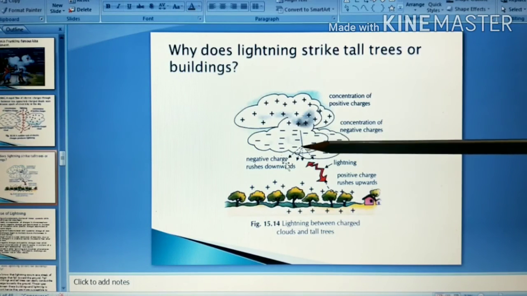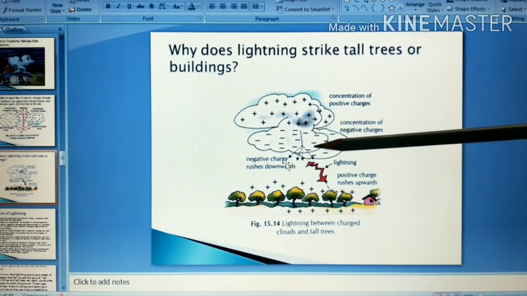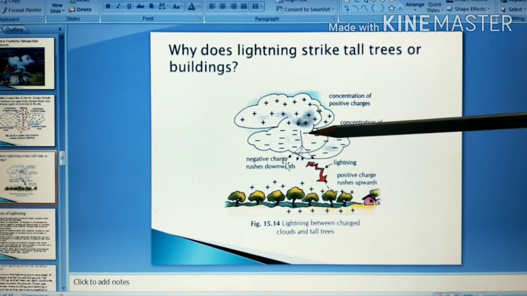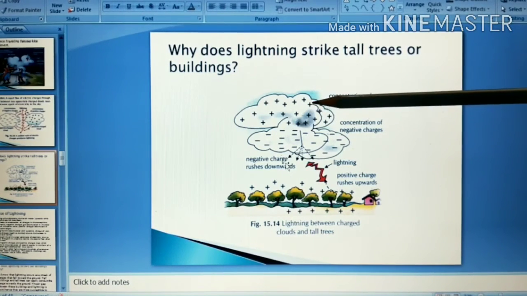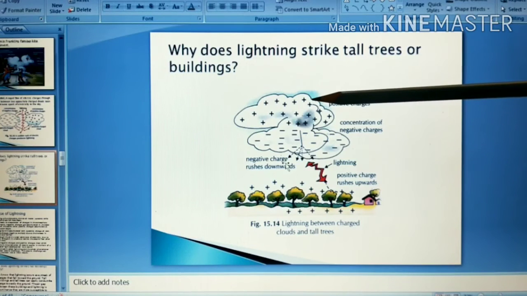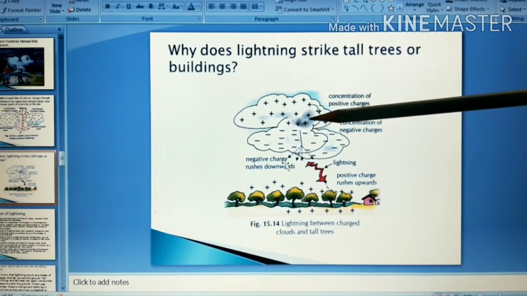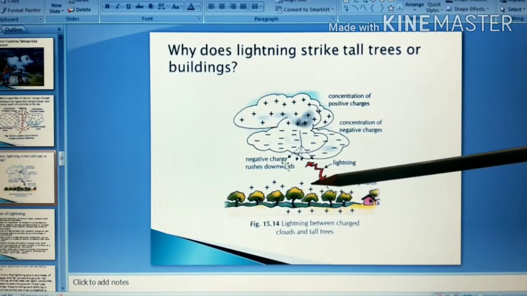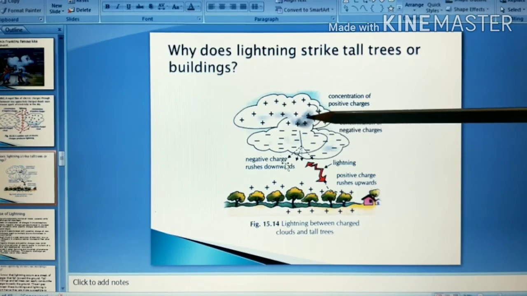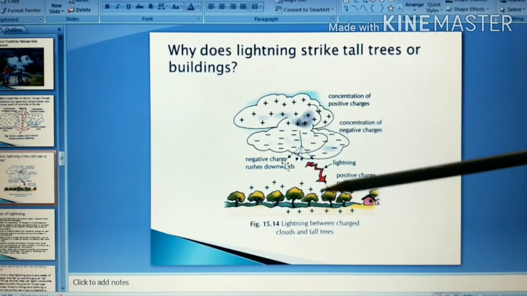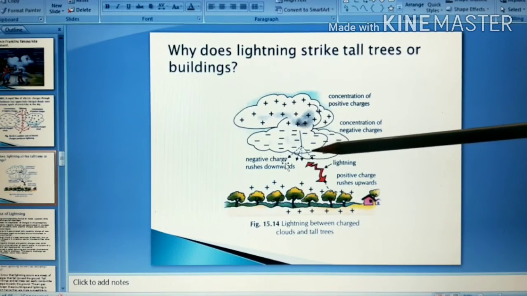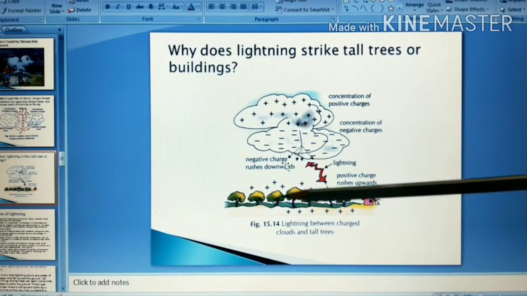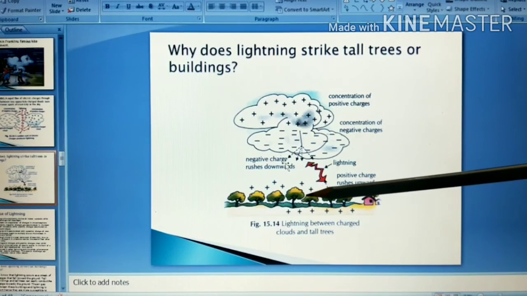So you can see the negative charges are concentrated at the bottom and the positive charges are in the upper region. When a charged cloud passes over a tall building or a tall tree, it induces opposite charges on the tall trees. So you can see this cloud is passing over the tall trees, and what it is doing, since the base of the cloud has more negative charges, it is producing opposite charges, that is positive charges